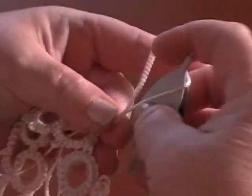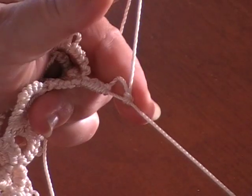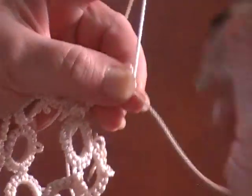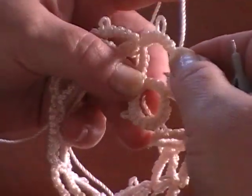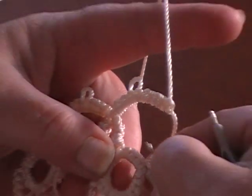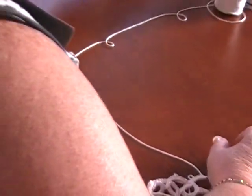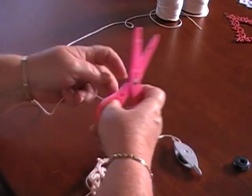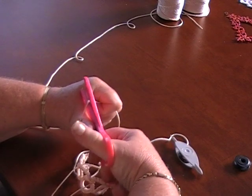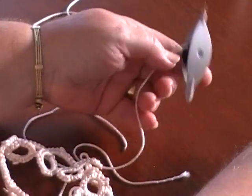Make my final picot on the chain, holding it. The chain is complete, and I'm going to attach it right here to where the very first ring and chain came together. But first, I have to cut it off and take it off of the shuttle